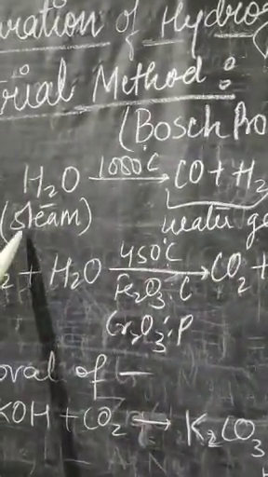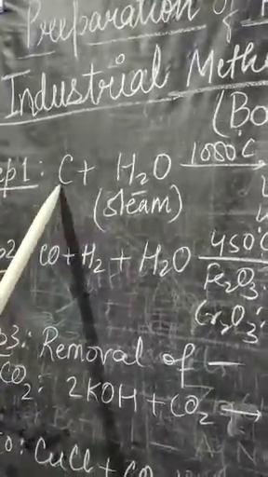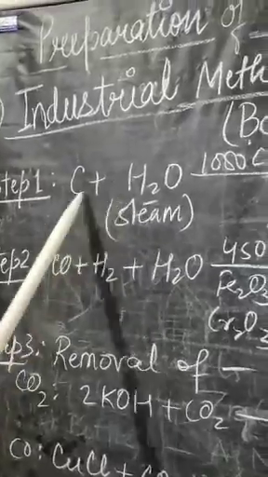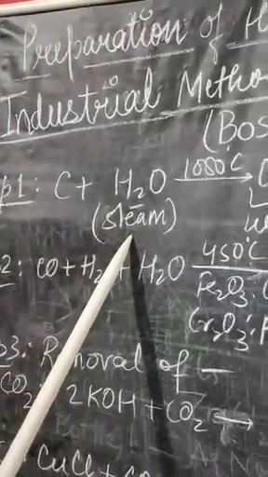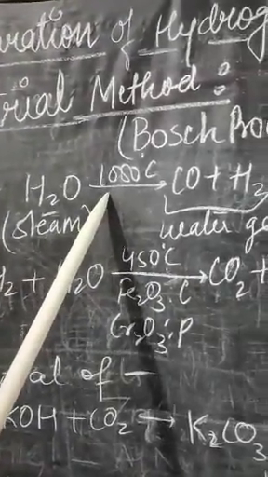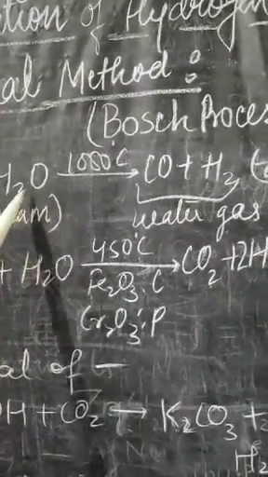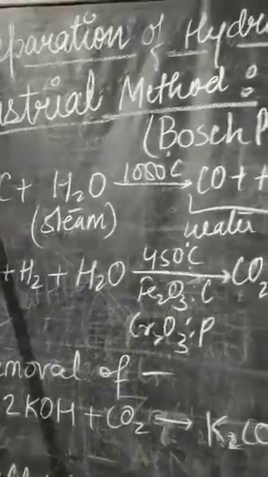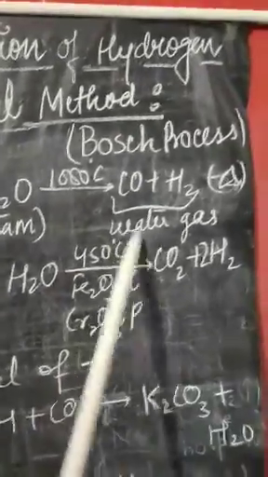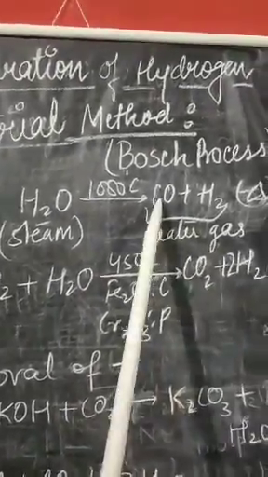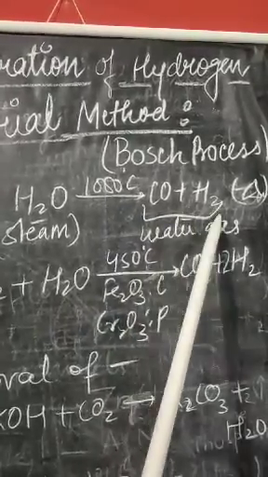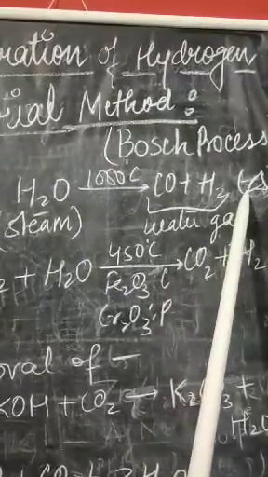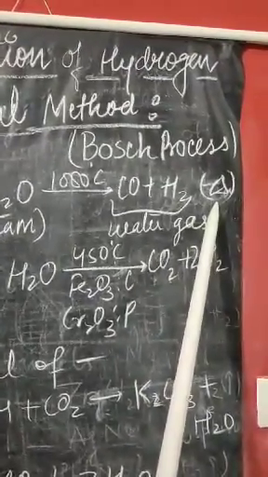In this case, you have to just take white hot coke, means coke. Carbon you have to take. Now you have to react this carbon with the help of steam, approximately having the temperature 1000 degrees Celsius, where they both react in a converter, that is a special type of chamber, and further there is a formation of water gas. Water gas is CO, that is carbon monoxide plus hydrogen gas, is known as water gas, and there is release of heat, large amount of heat.